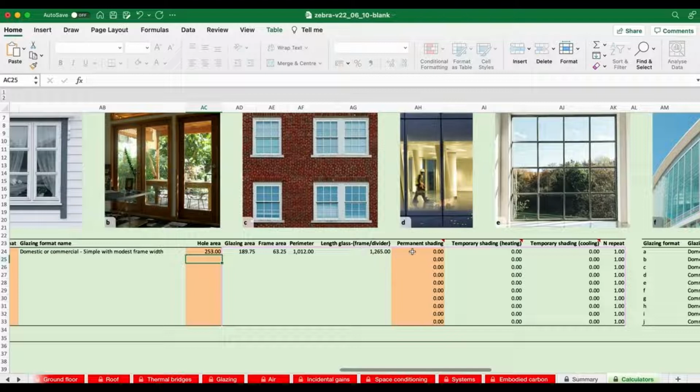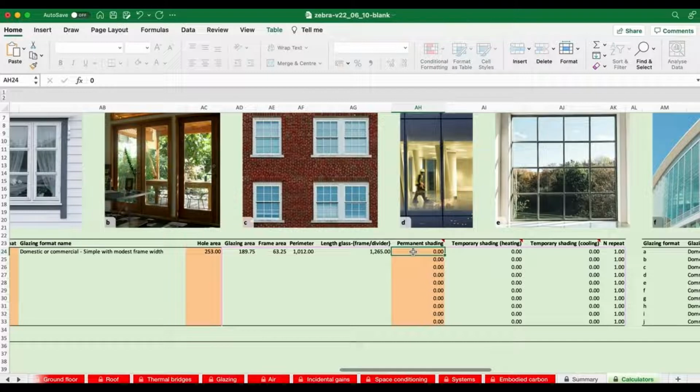Okay. The next thing we have to specify, and we know what we need to specify because it's always these orangey beige areas, is the permanent shading. The permanent shading represents all of the overhangs, all of the hills, all of the trees, all of the buildings in the local area with respect to how much shade they provide to a particular facade. This number can be different on each facade. Well, it's different for each window set. So you could represent all your balcony windows in the whole building as a certain degree of shading or whatever. Here, we don't want to get into too much detail.